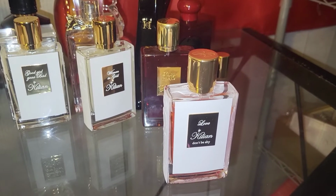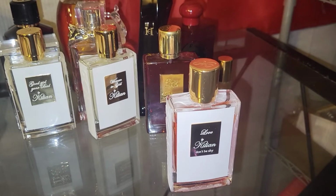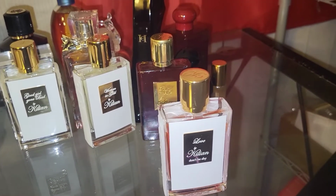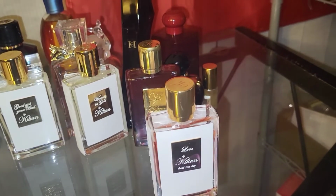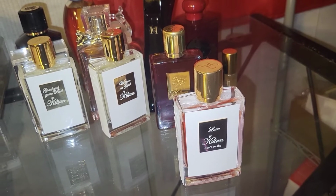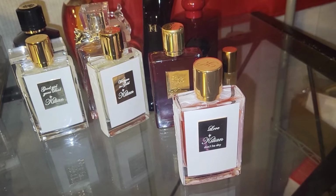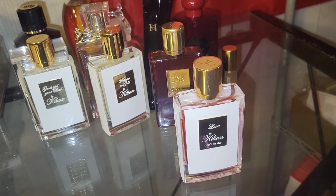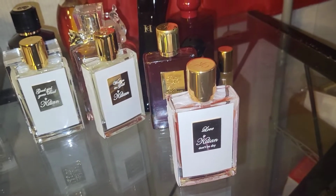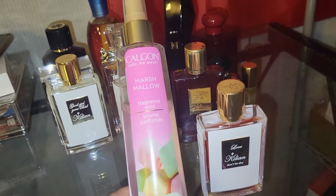Now the longevity and the performance on me is good. I heard other people said it doesn't last long on them or it's very weak, but for me, the silage, the projection is good. It's about 6 feet. People can smell me when I'm wearing this perfume, and the longevity is good too. I can get 6 and even 8 hours on this, especially if I layer it with my Calgon marshmallow